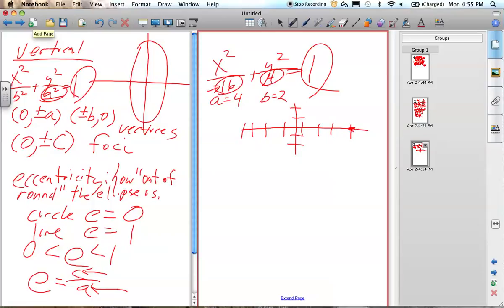So now, our vertices are going to be there, there, and there. You can draw a sketch like that. Okay, to find my foci,